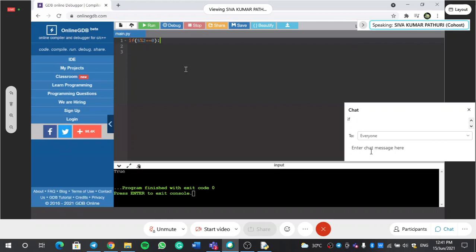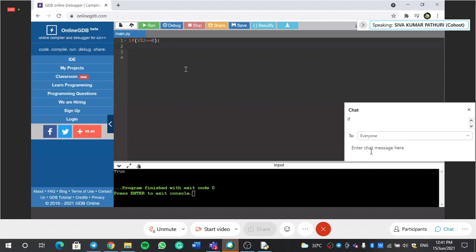Whereas in C language, after each and every statement, you have to put a semicolon. But for a condition, you must not put any semicolon like that. But in Python, the indentation as well as after the condition, you have to put a colon, and you press enter. By default, since it is an online compiler, it gives indentation by itself. Check it. If I press enter, check it.